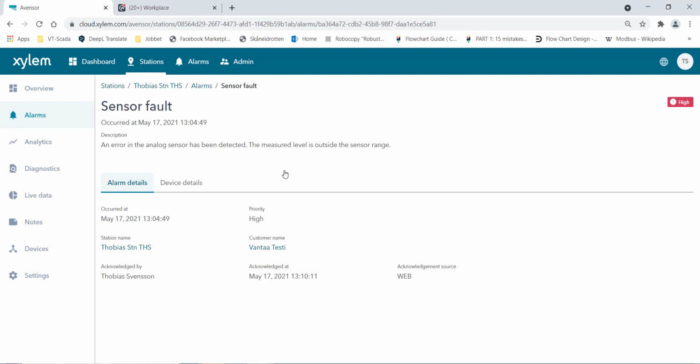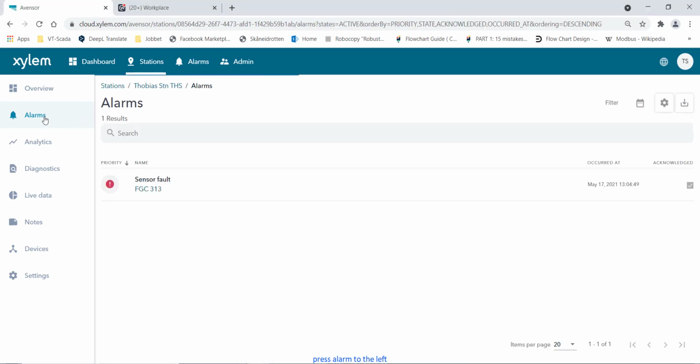Now we will enter that specific station and that controller. You can see it because now on the left hand side you have the station buttons, and it has changed to the station tab. If you press the alarm to the left, you will come to the station alarm page.